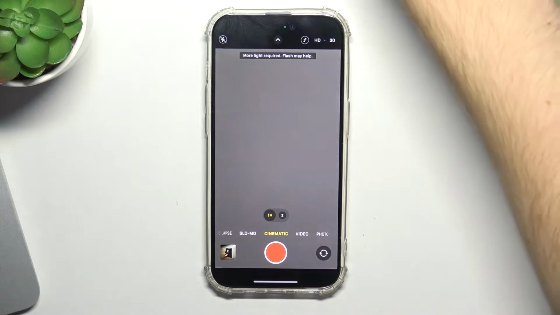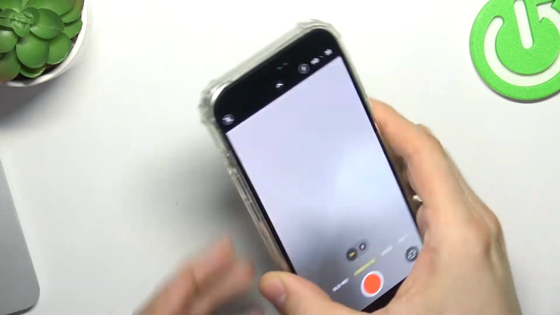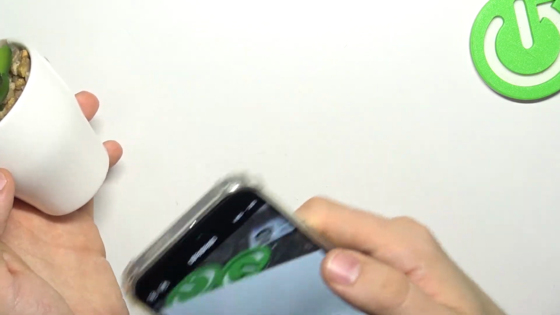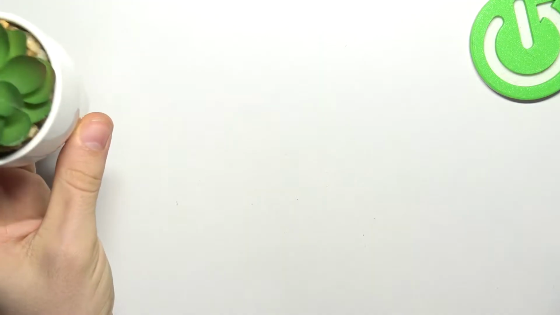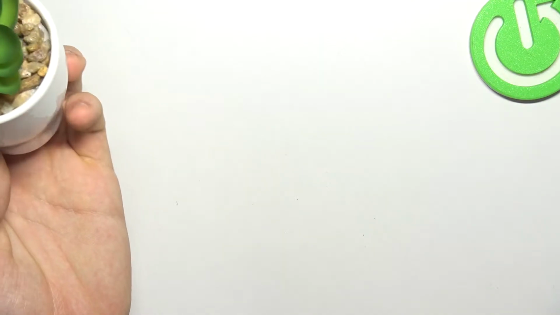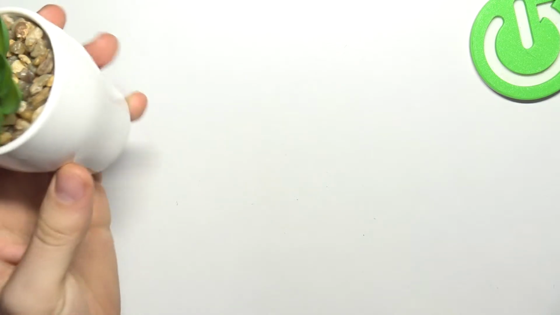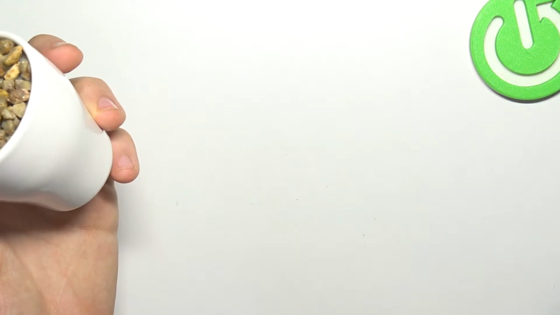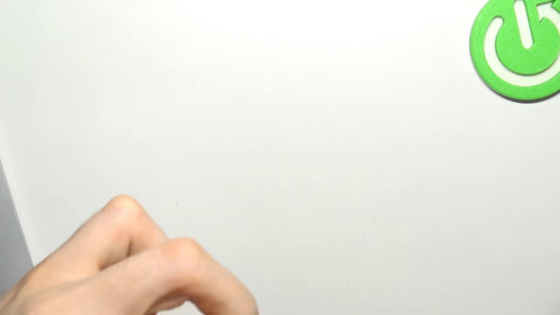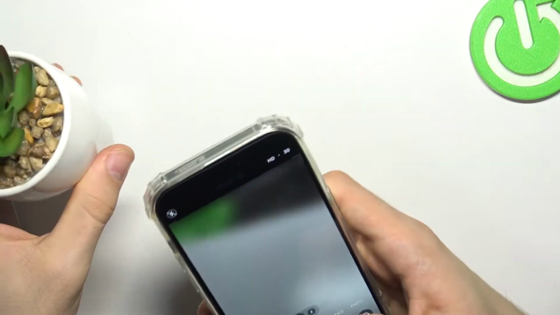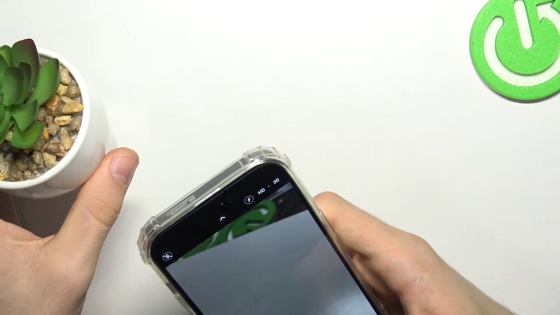So, for example, I have here the object. Here I have the flower, it's an artificial flower. And for example, I wanna record the video with this flower. I'm recording in, I don't know, in 4K maybe? No, HD 30 FPS. So now let's open the cinematic mode with